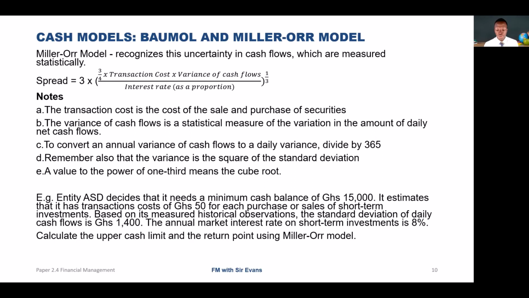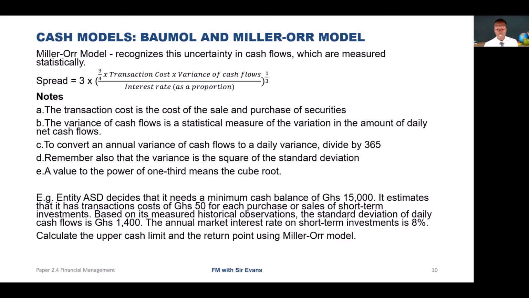Now the daily interest rate is equal to 0.08. So we see the annual market interest rate of short-term investment is 8%. So the daily will be 0.08 divided by 365, giving us 0.000219. So when we use the formula, we'll find that the spread will be equal to 3 times